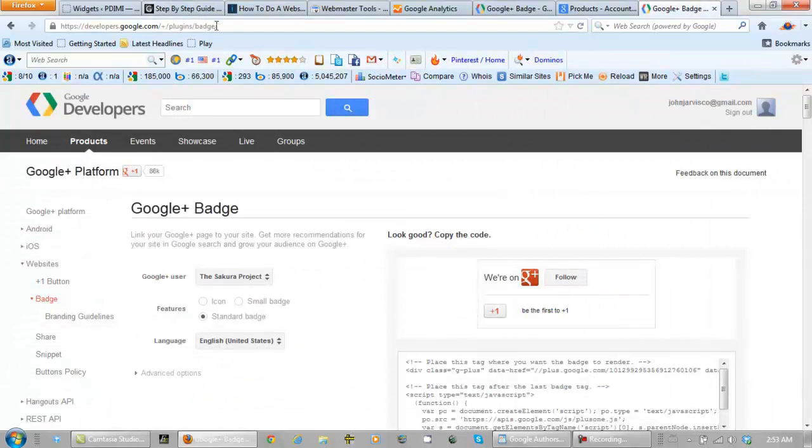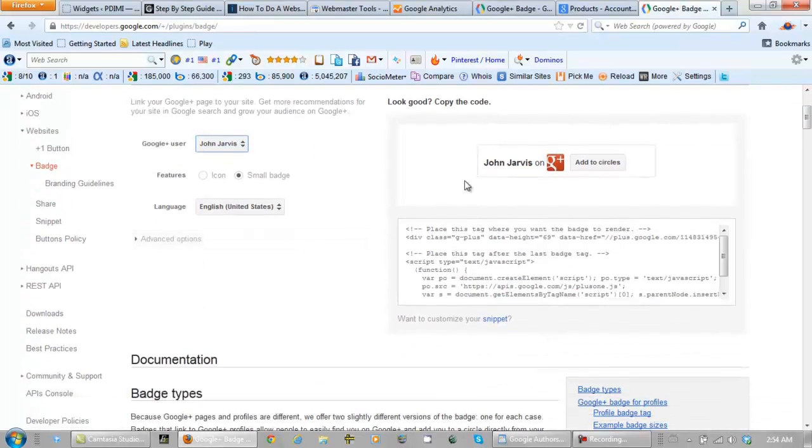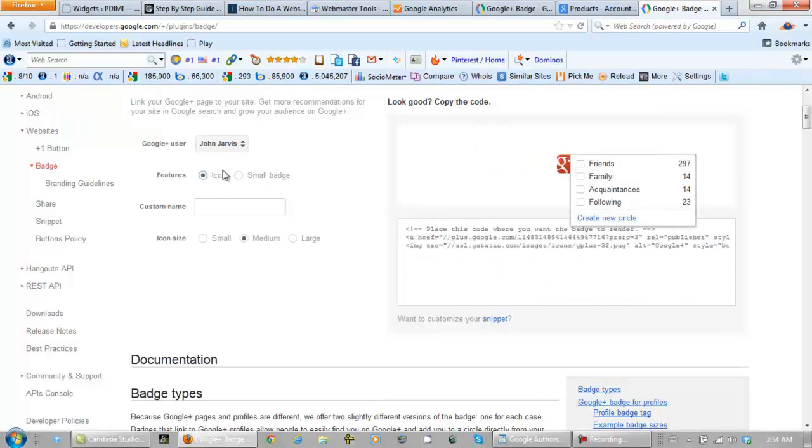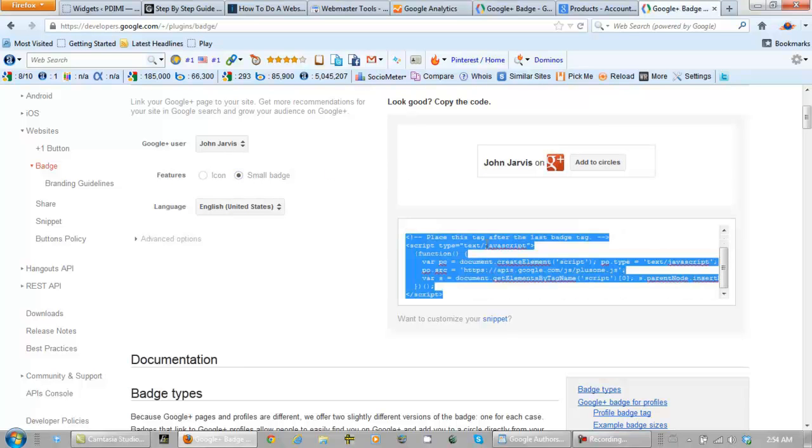This is the URL right here, and I'm going to leave this as a direct link in the PDF. And I want to use my John Jarvis user, not the Sakura project. This is what it's going to look like. So what we want to do is choose what we want right here. That's not what I like, so let's use this. So all we need to do is just copy this,